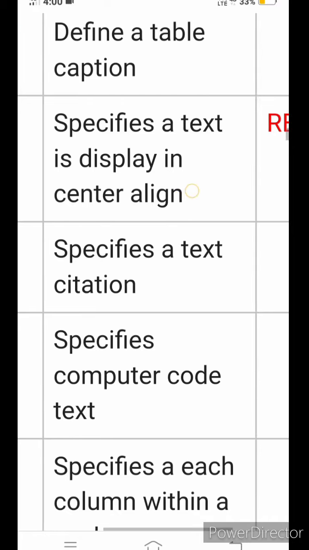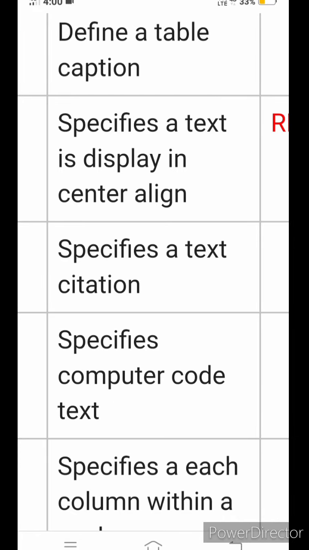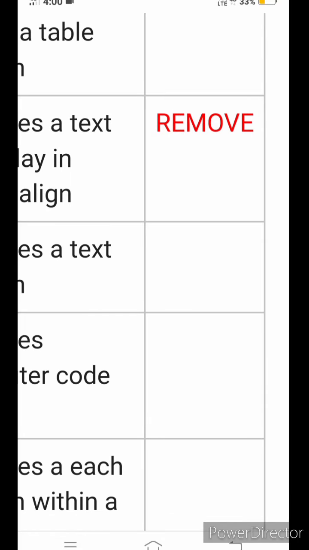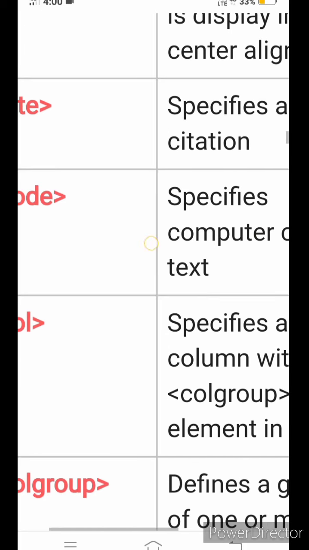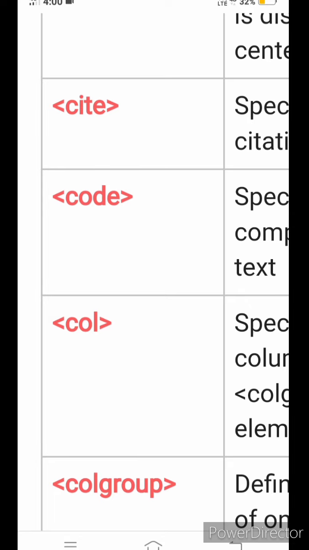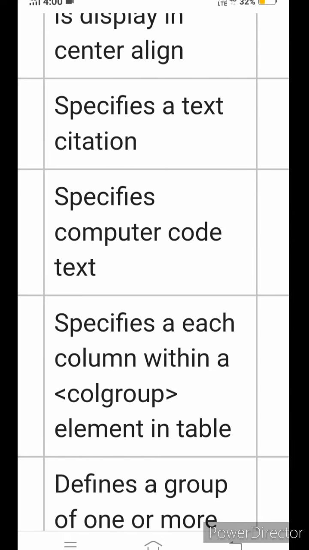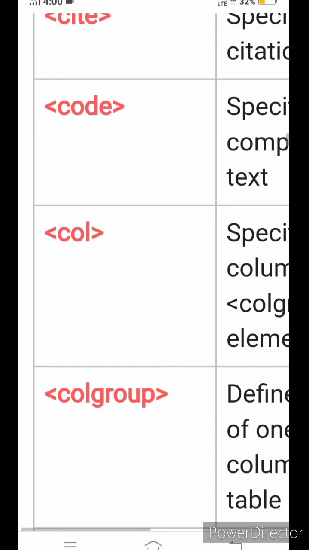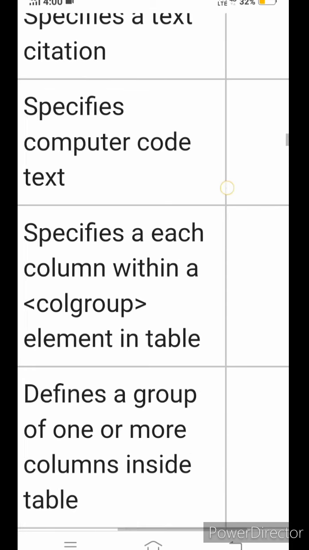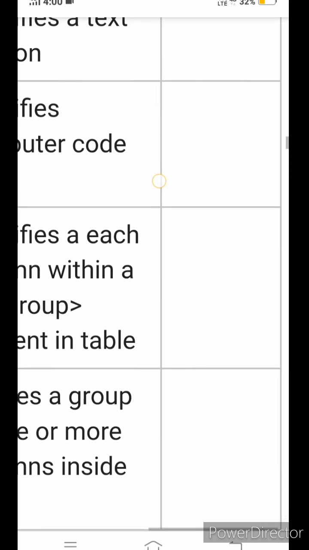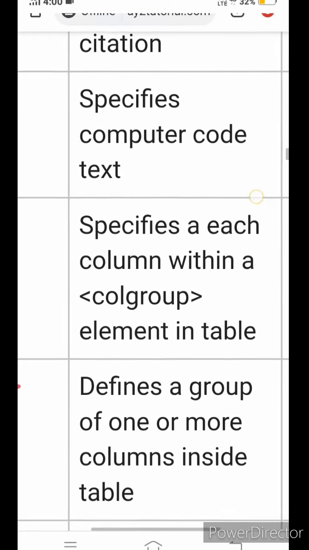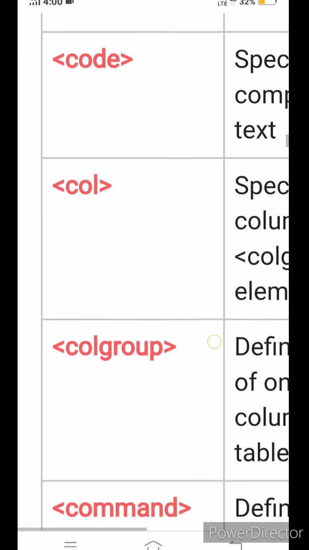Center specifies that text is displayed in center align. This is removed in HTML5 version, so this is not needed to learn. Cite specifies a text citation. Code specifies computer code text. If you want to write some code in your HTML document, you will write this type of code tag.